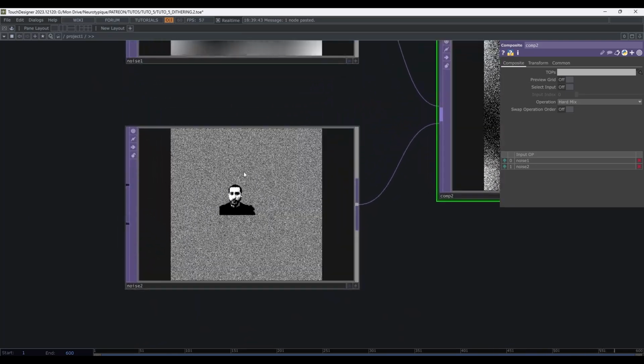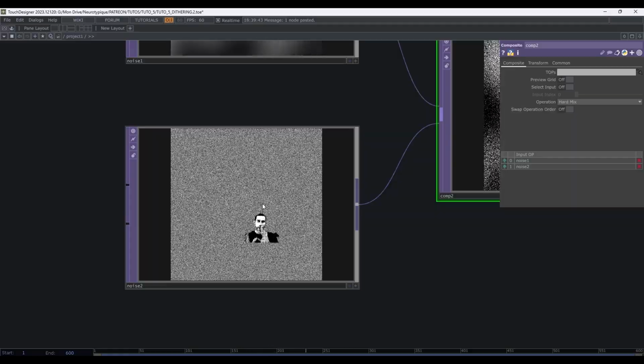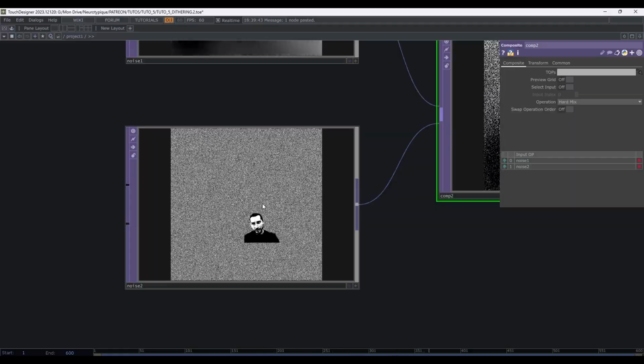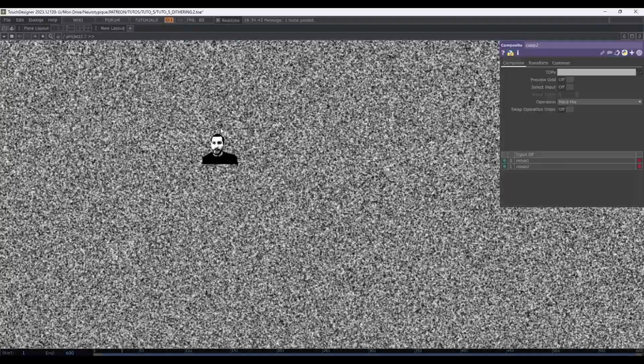Basically any image will work as long as when you look at it from far away it's a kind of middle gray, and it has fairly linear gray values.